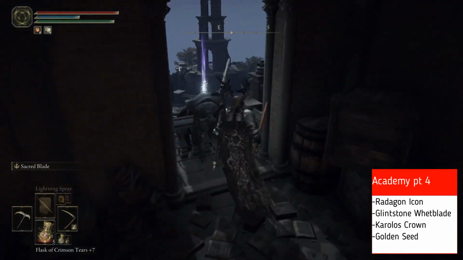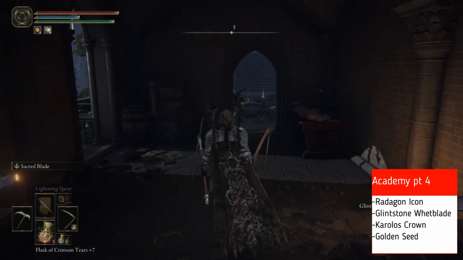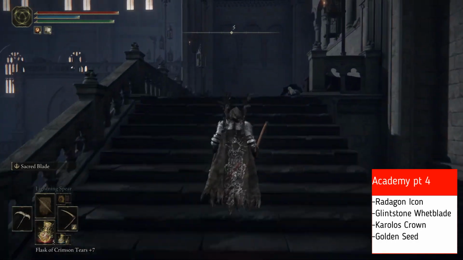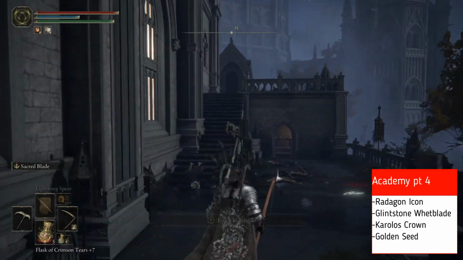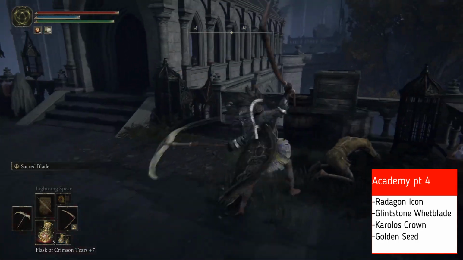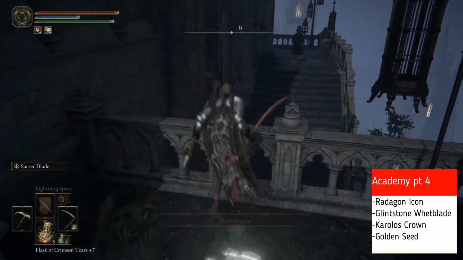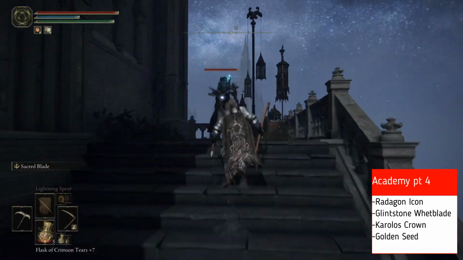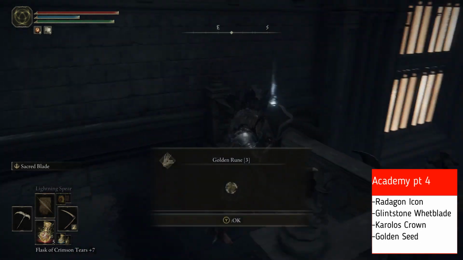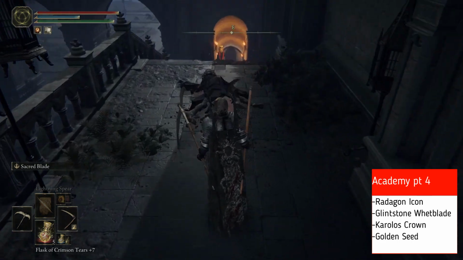And right here inside this room is the Glintstone Whetblade. Definitely grab that big item. Now we're going to hop back up here. Hop over the ledge, take out the sorcerer up top of the stairs, go back down the stairs before killing the sorcerer down there, and we will open that shortcut door,